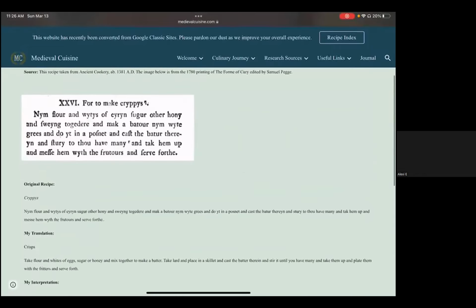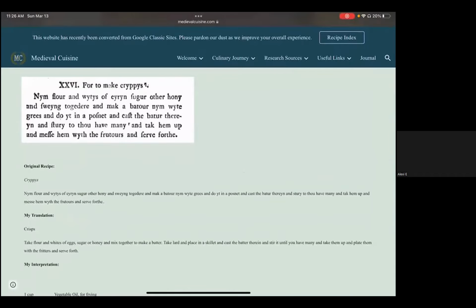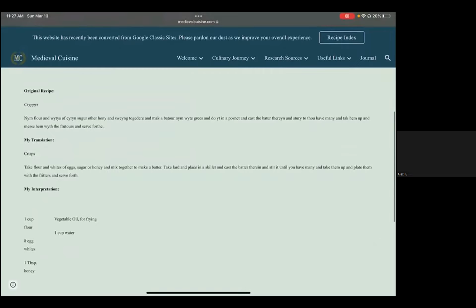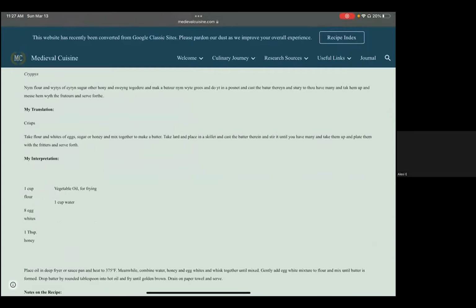So if you look, this is the fun untranslated version, which I love reading out loud. If you are reading an English recipe or a recipe in a medieval version of a language that you already know, try reading it out loud because it's fun to see what they actually mean, and you can kind of hear it a little bit. But basically, it says crisps, but it's basically fried dough. Delicious. How can you go wrong?